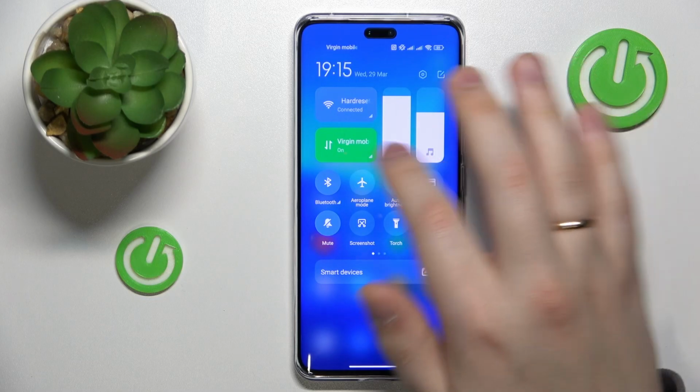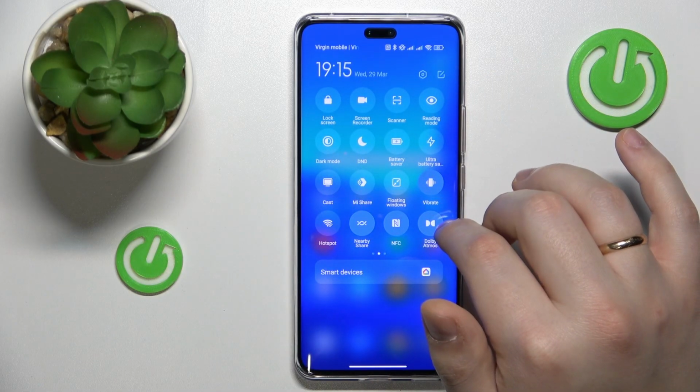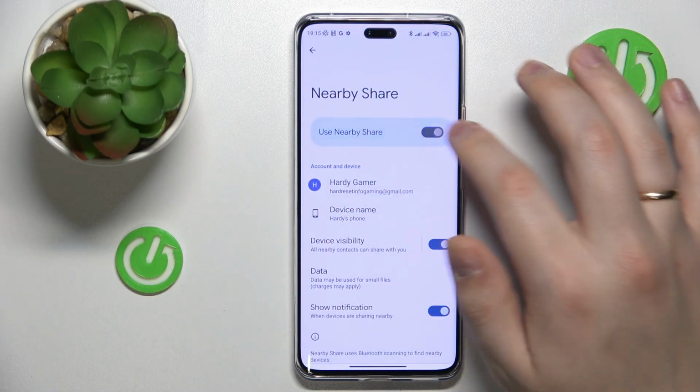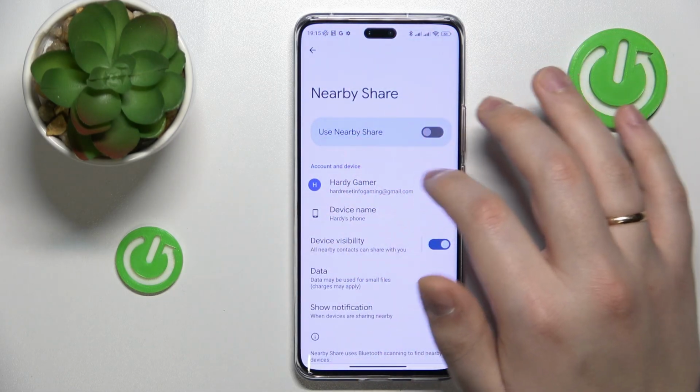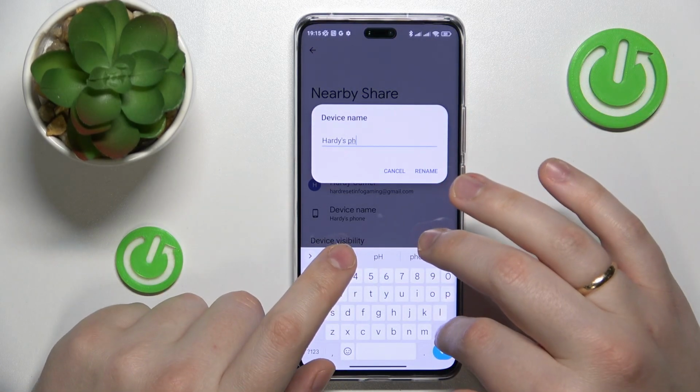From here, among the available control panel shortcuts, find the one that is responsible for the nearby share, and then touch and hold to edit. In order to activate the feature, simply switch on this toggle over here, and now you can do such things as rename your device,